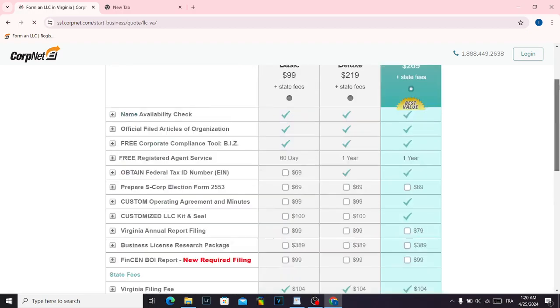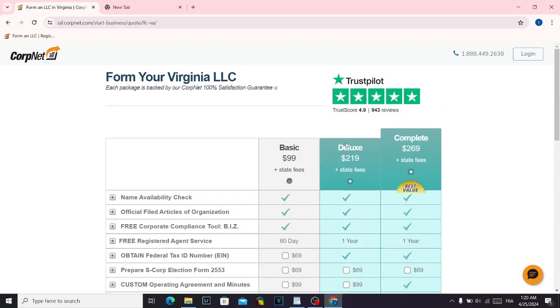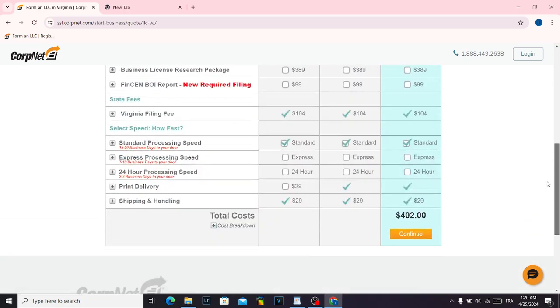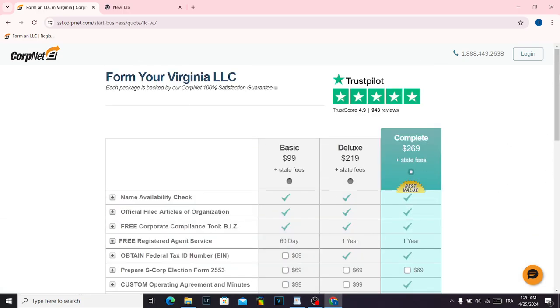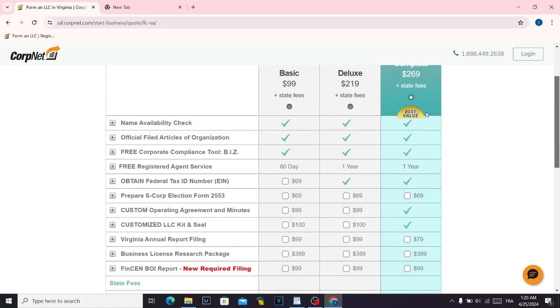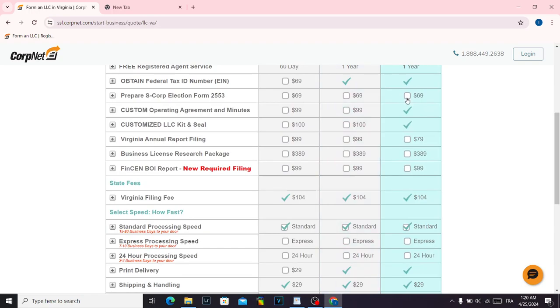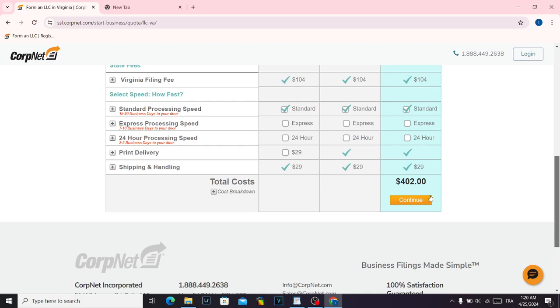After that, choose the plan that you want. I recommend you to choose Deluxe or the complete plan. So after you choose the plan, I'm gonna go with the complete plan because it has the best value, as you can see. You can also check the options that you want to add from here, as you can see. After that, click continue,